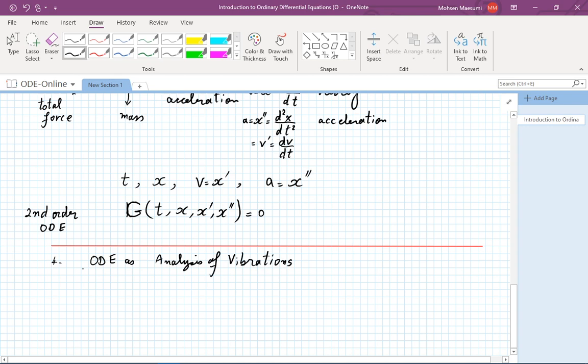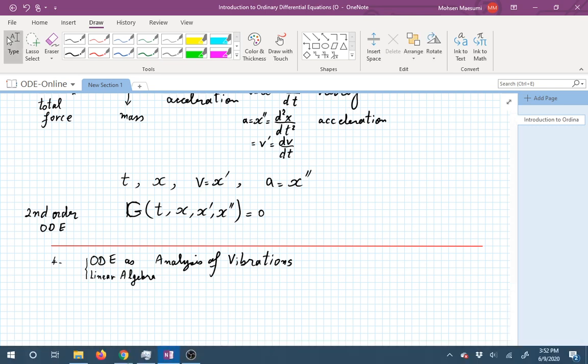In fact, it turns out you need two courses to understand vibrations very well. One is ordinary differential equations, and the other one, your favorite, is linear algebra. These two together are needed to understand vibrations very well. Let me just show you some videos, and then I'll put the links for these further down, and you can go and look at them at your own leisure.